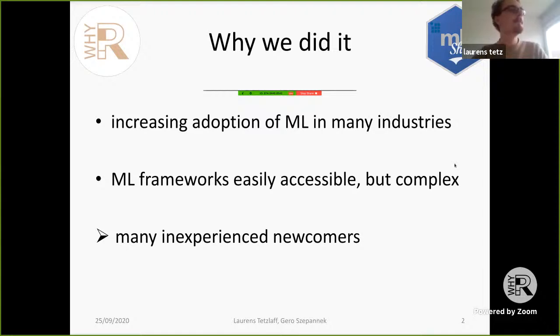Okay, so why did we do it? First of all, as most of you know, within the last few years, machine learning applications have entered many industries, and open source software is readily available. For example, the powerful MLR3 framework. However, despite the easy access to those frameworks, they are quite advanced and highly parameterizable. So if you're a newcomer, if you're not really familiar with machine learning or with R, it can be quite